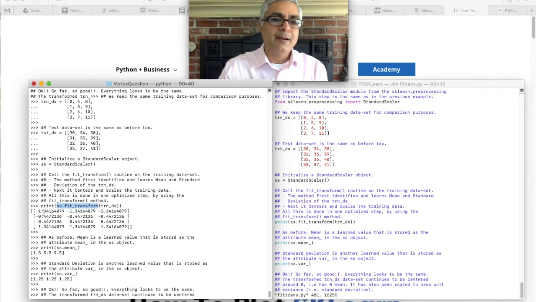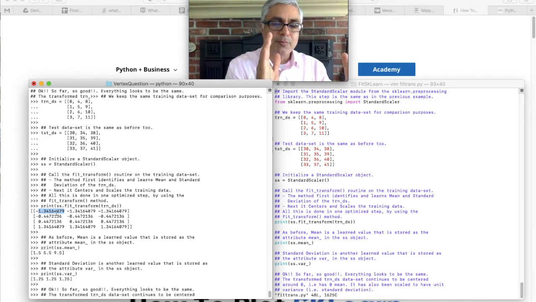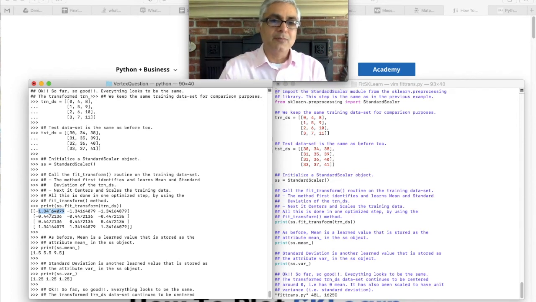So again, if we look at this from the previous session, this is the same value. It took the training data set and it centered it at 0 mean, and it made it unit variance. So if you plug in these values into your Excel spreadsheet, you'll see that it is 0 mean as well as unit variance.